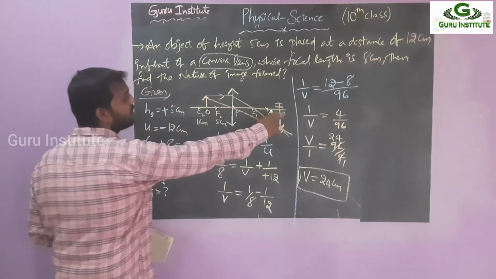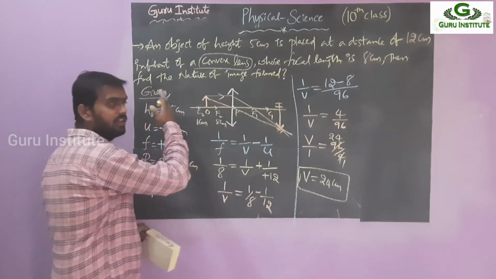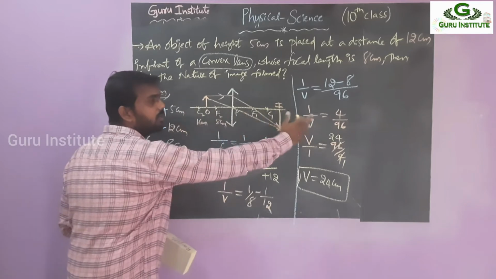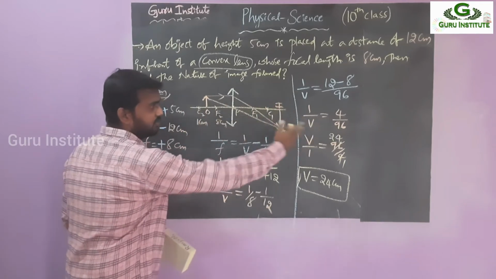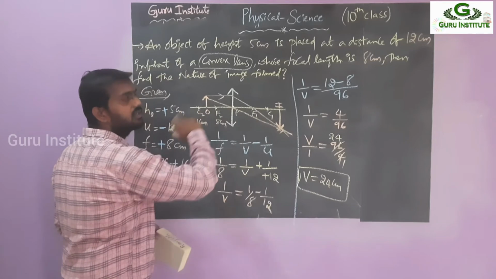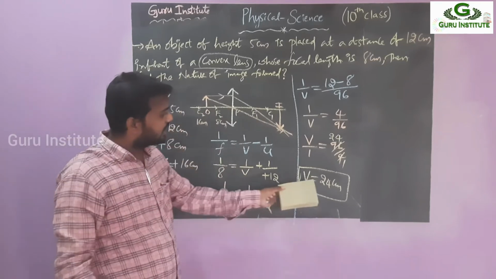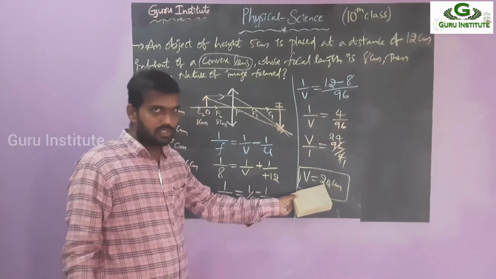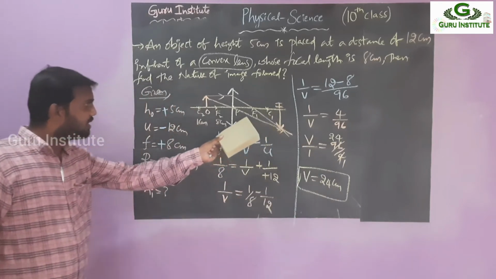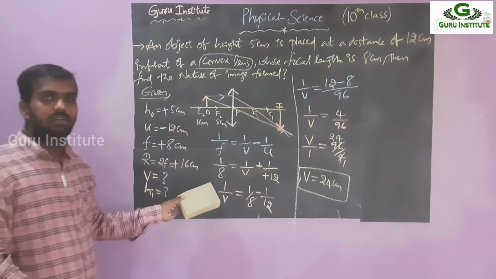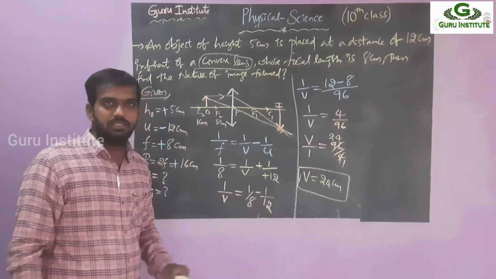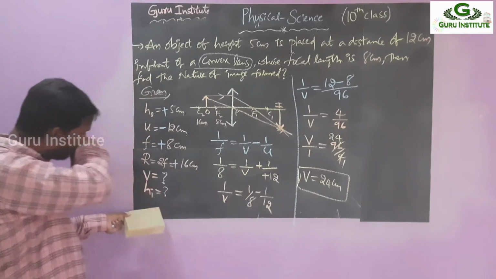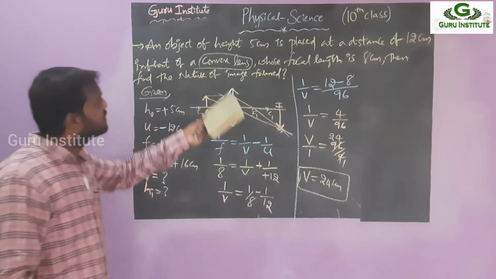Where is the image? Image is formed here. So incident rays are moving left to right and in image also from left to right only. Same direction. Both rays' directions are the same. So we are getting here V is positive. So both are correct. Sign convention is positive, that is correct. After C means 16, after which you get the answer, that all is correct. You are getting the correct answer. V is equal to 24.